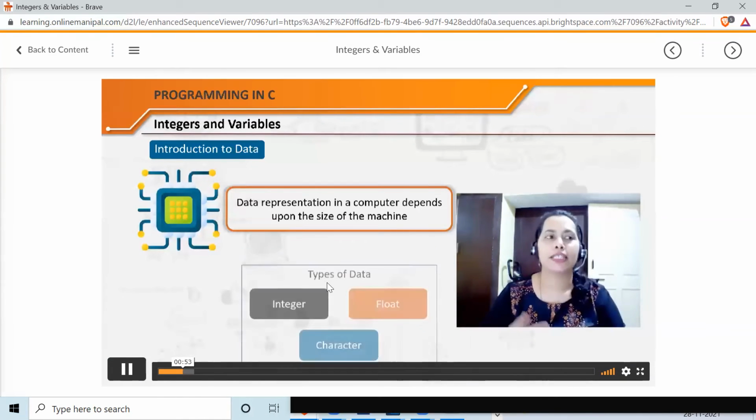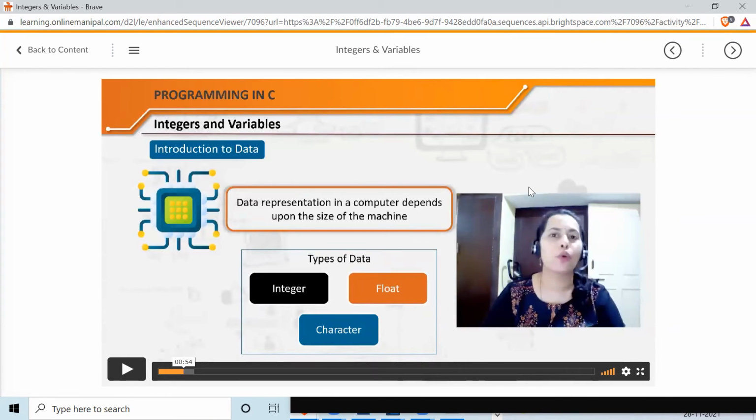Okay, now see, these are data types. Different kinds of data are stored in different types of formats. Like one data type is integer, one is float, one is character. So these are three basic data types. There are many data types actually. Some are modified ways. For example, in character there is single character, string character.